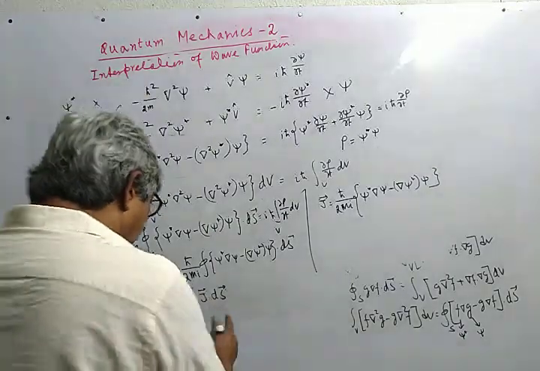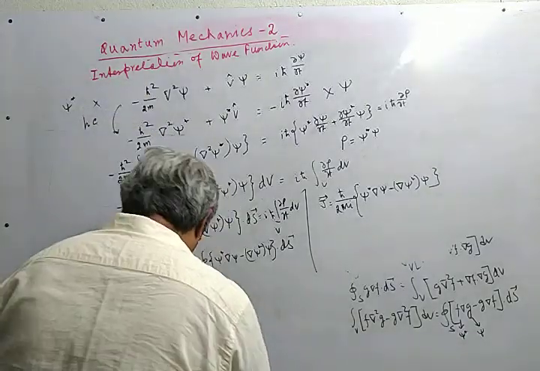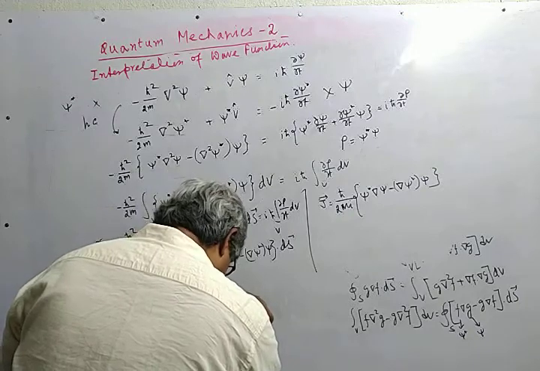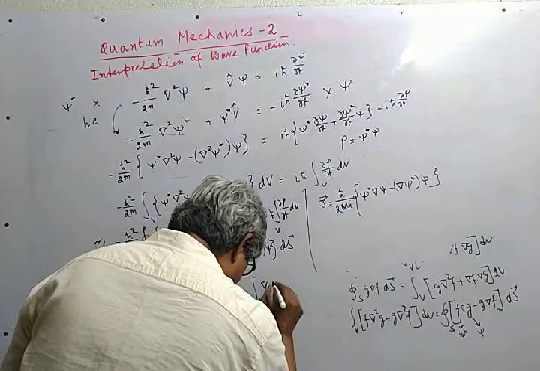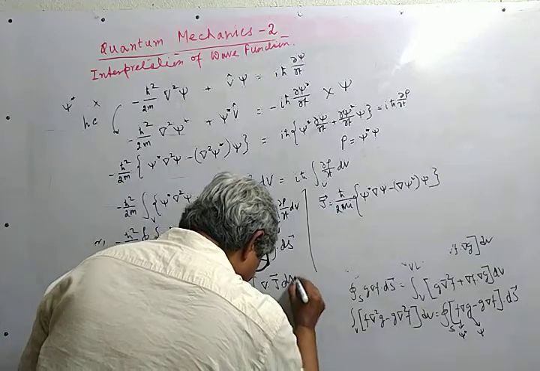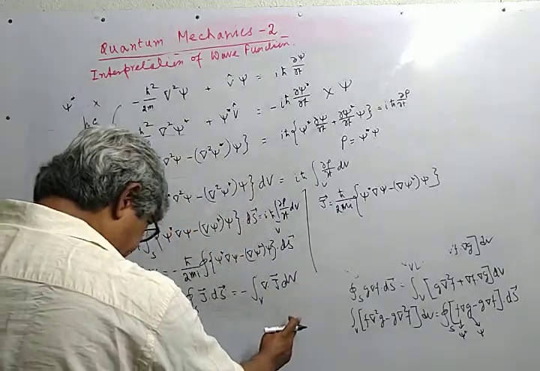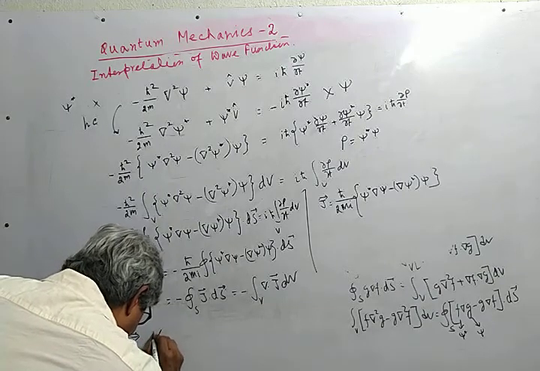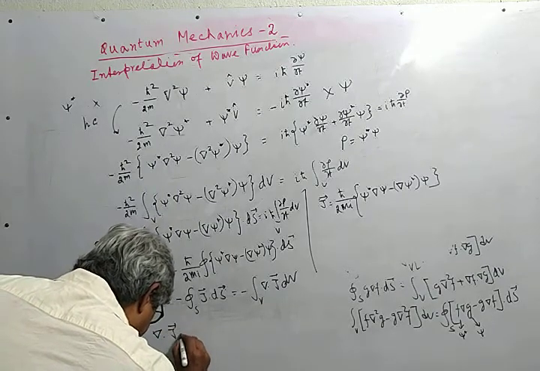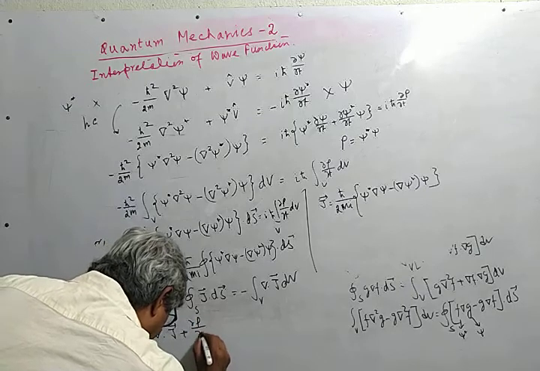So if we convert this into a volume integral, then this becomes dV. There are volume integrals on either side, so the result is